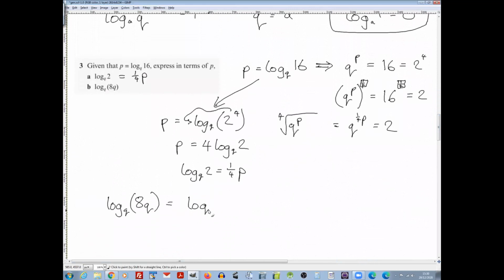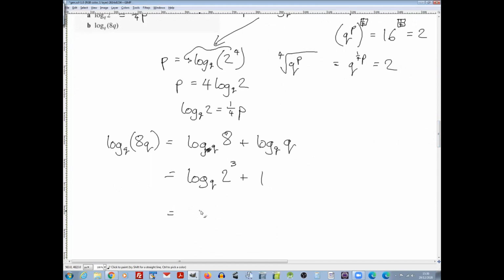log base Q of 8 plus log base Q of Q, which equals log base Q of 8 plus 1. Yeah, but 8 can be written as 2 to the 3, 2 cubed. And log base Q of Q is 1. And we can rewrite that again: 3 log base Q of 2